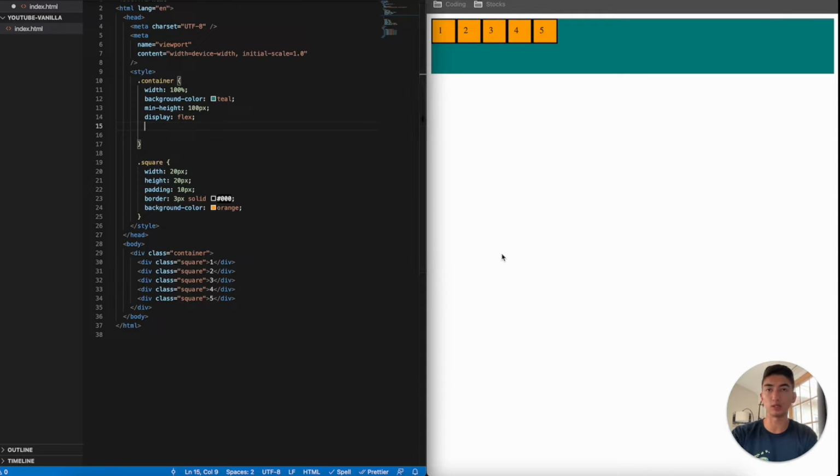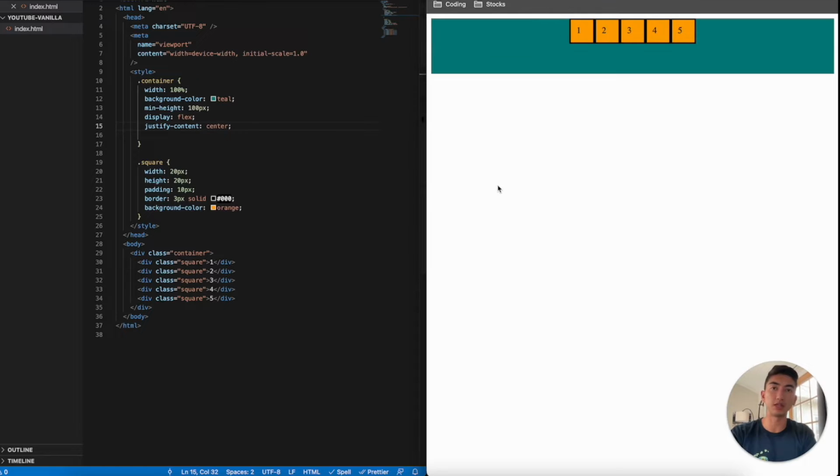The next property, which is really important, is justify content. Justify content aligns the items in the direction it's being flexed. Since in this one we have a flex direction of row, it's going to flex along this left to right axis. So first of all, if we set justify content to center, we'll see that now it'll center it along this direction. Another property which is really helpful here is justify content space between,